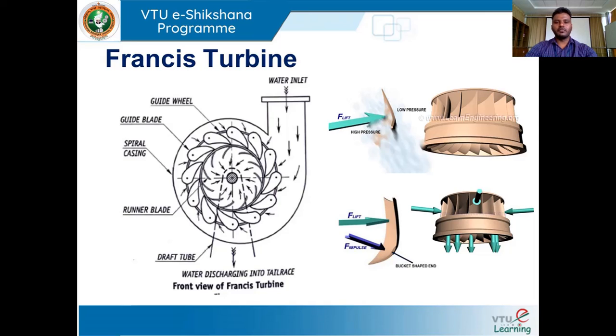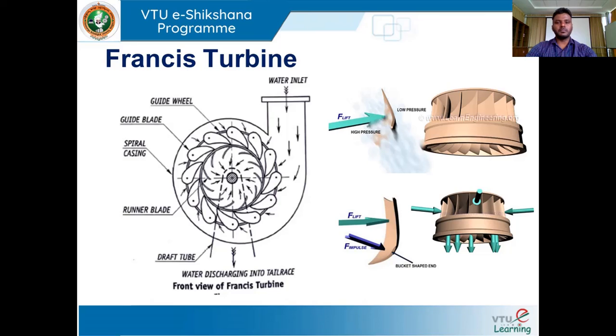So in the case of Pelton wheel, which comes under the category of impulse type turbine, it is used for high head applications. For example, if the head is more than 200 or 300 meters, in such an application we can go with a Pelton wheel. But if we have a medium power plant, where the head will be less, in such a case we need to find a suitable turbine for generation of electricity. So the Francis turbine, which is a mixed flow turbine, fits into this particular application.